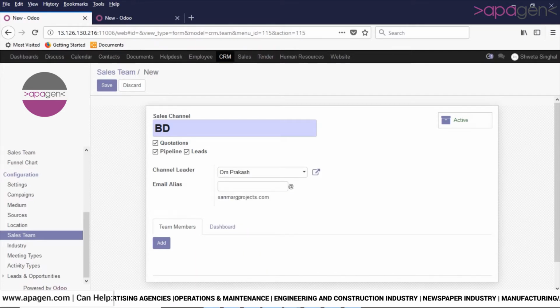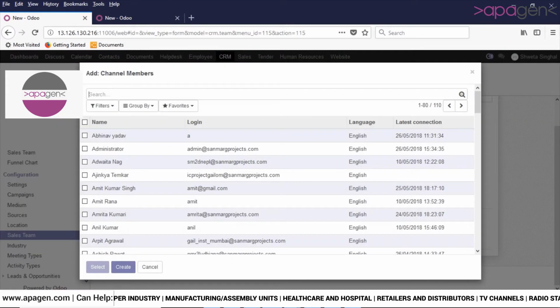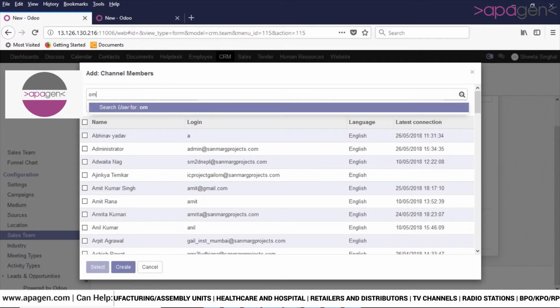Here you can give the email address to your team. In order to add new members in the team, click on the add button and simply select the members which you want to add in your team.